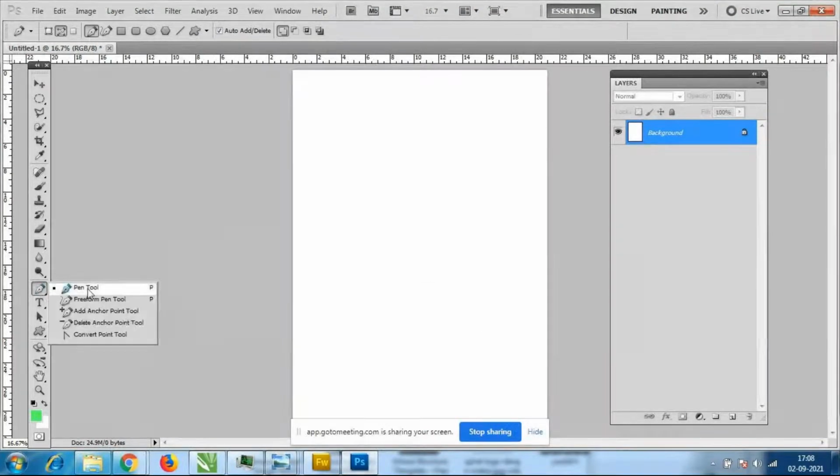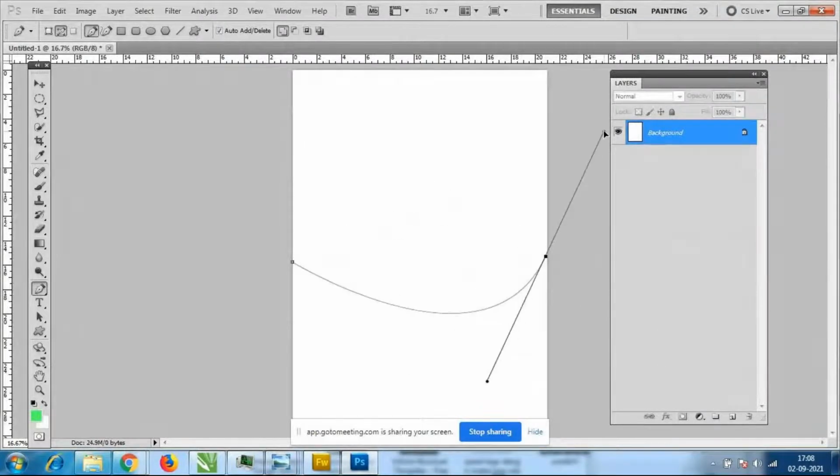I'll go to the pen tool. Again, any shape. I'll keep one point here and one point here. See, I'll make it like this. Any of the points you can make like this. However you want, you can add the shape. Otherwise, in between, I want the shape like this. So what you have to do, select one point here and drag it like this. Select one more point and drag it like this. You can add some more points like this. Suppose you want one more point near this, you can add it like this. One more point like this, you can add it like this.